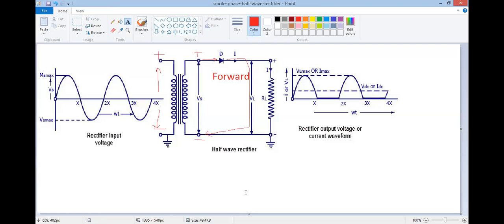In this case, in the positive half cycle of input, your diode is forward bias, and obviously in forward bias condition, diode is conductive. Means diode is on. So in this case, the diode will carry the current, and this current will now go through the resistor, and this same input you are getting at the output, because diode is acting as an on switch.